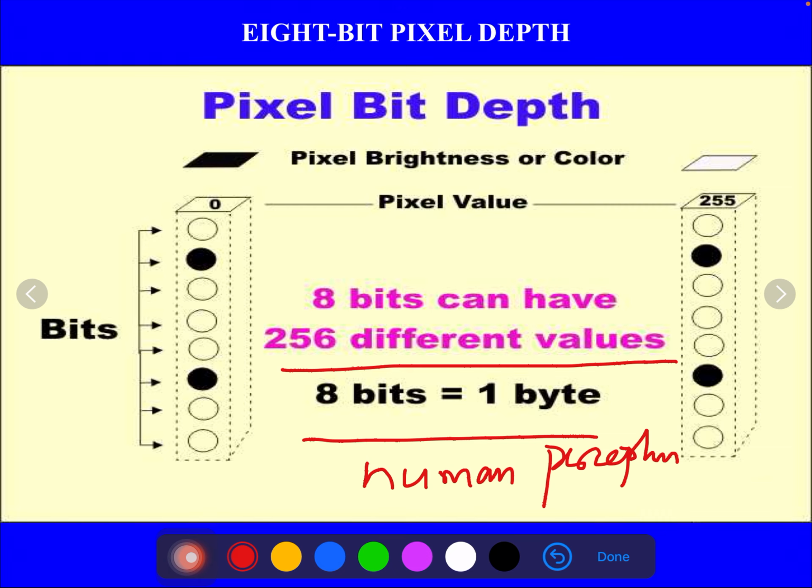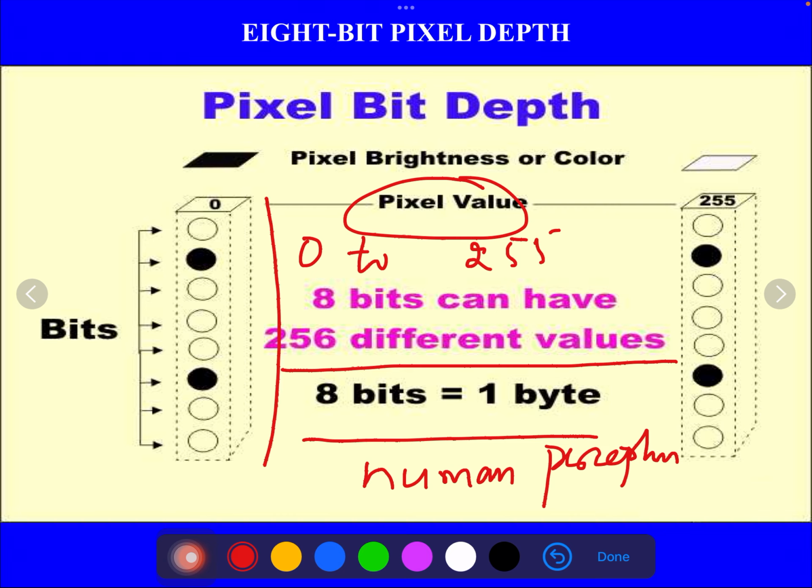Right. I hope you understand this. This will be pixel depth. It starts from 0 to 255. This depth indicates the pixel values. Suppose they have 8 bits, that is equivalent to 1 byte per pixel, right? So then